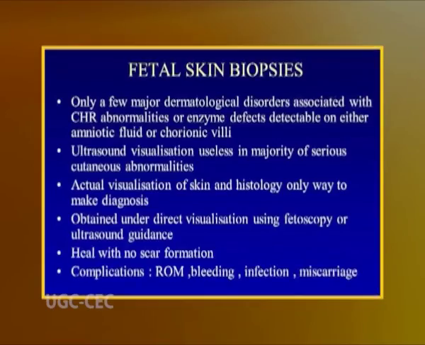Indications for fetal blood sampling to diagnose genetic disorders are decreasing with the increased application of DNA analysis performed on chorionic villus material. Fetal skin biopsy has proved effective in the prenatal diagnosis of certain skin disorders,